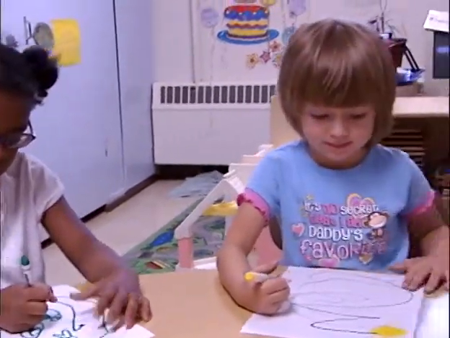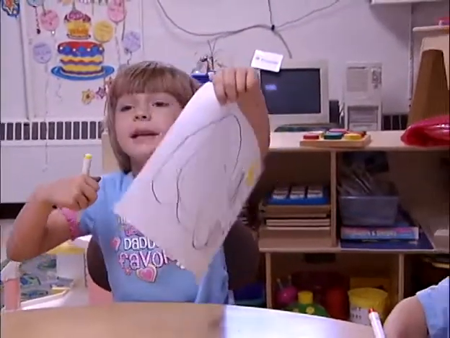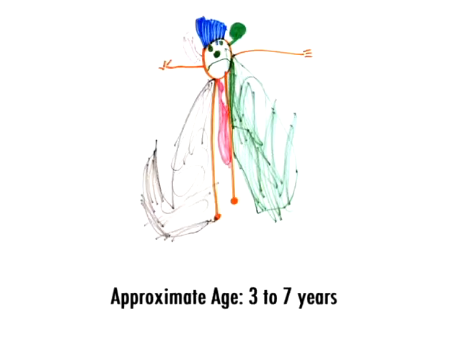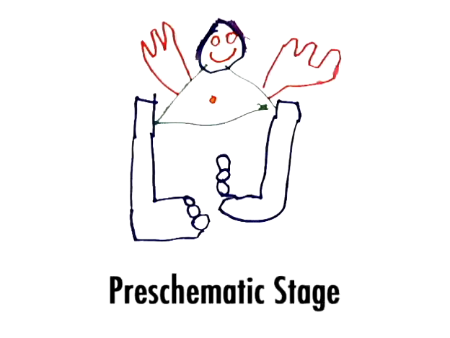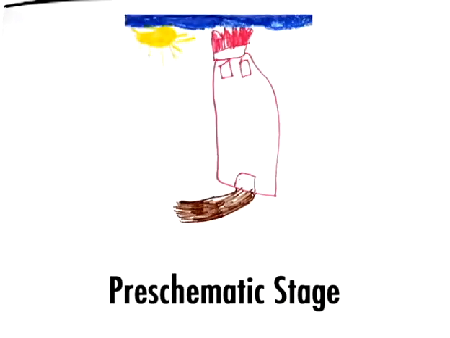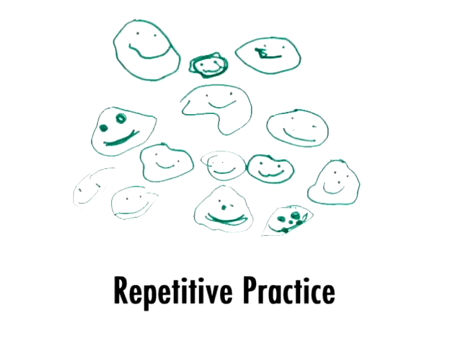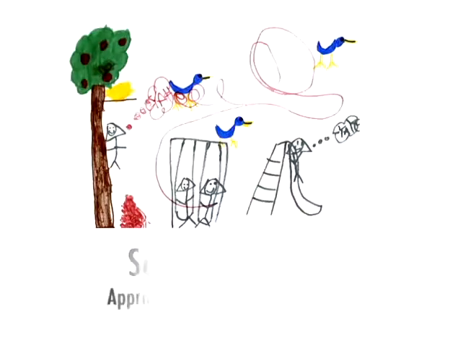Somewhere between the ages of 3 and 4, children enter the pre-schematic stage where they begin to create representations of what is important to them. Drawing faces is common, and arms and legs often protrude right out of the heads. Eventually, people, houses, trees, and the sun are drawn without regard for proportion, and objects often float in space. Another aspect to this phase is known as repetitive practice. Once a child learns to draw, say, a face, for example, he often fills page after page with the same